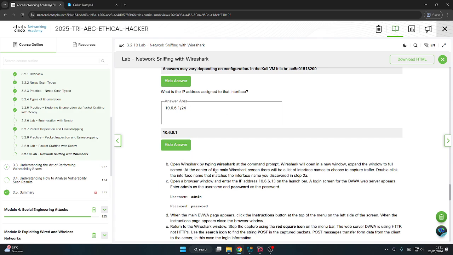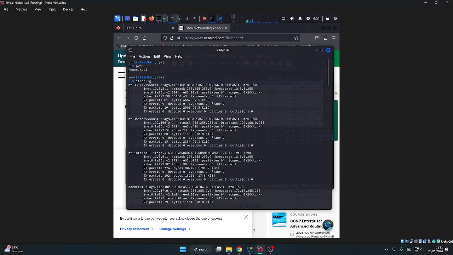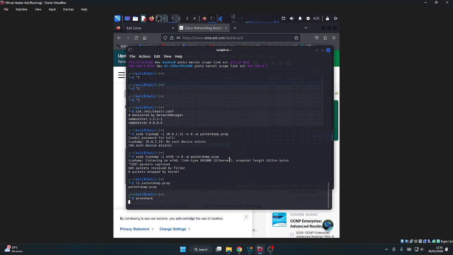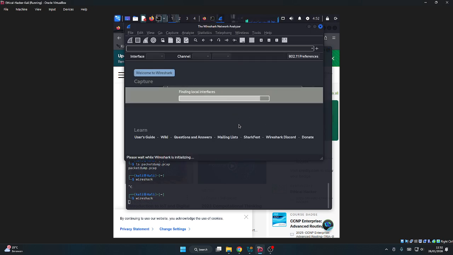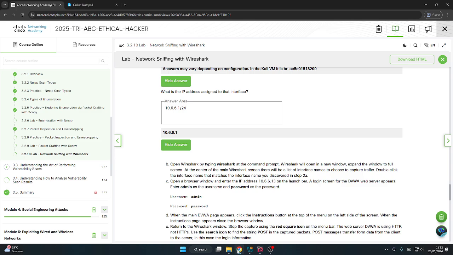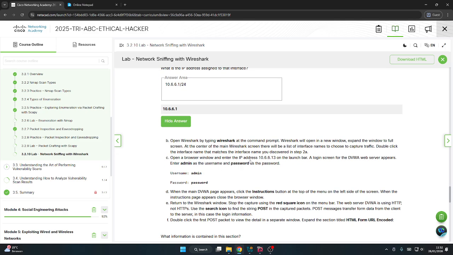Open Wireshark by typing wireshark at the command prompt, and open the browser window.